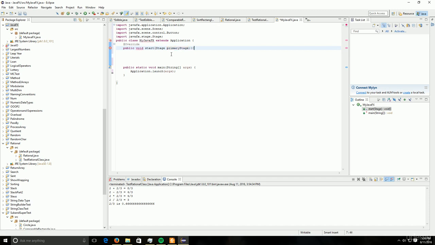Then, inside our curly braces, we're going to need to create a new button. The new button is going to be part of a scene. We're going to create a scene and place a button inside this scene. So we're going to say Button btOK. This is our reference variable because it's an object, just like any other object we work with. We're going to say new Button, so we're creating a new object, and it's going to take the parameter of a string, OK. Then we're going to have a scene,